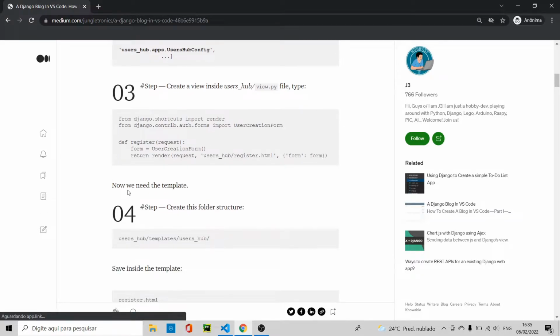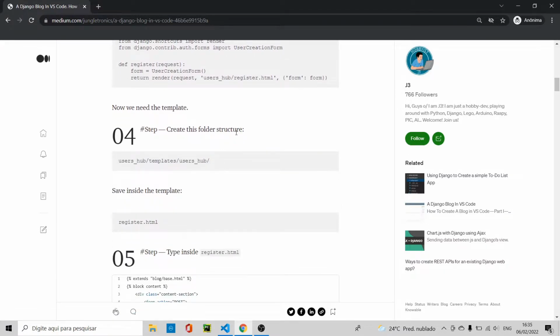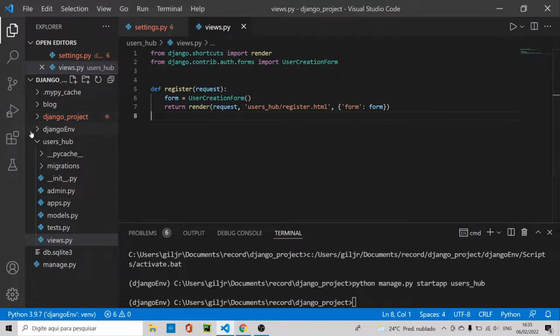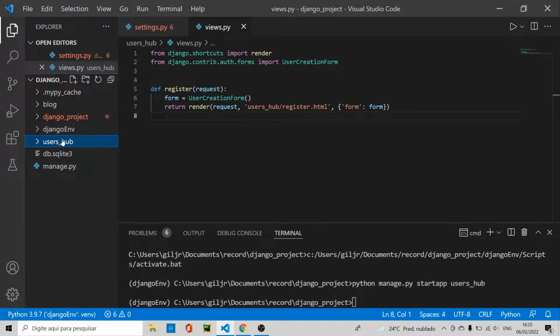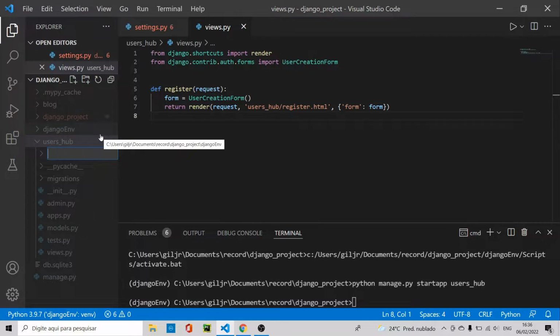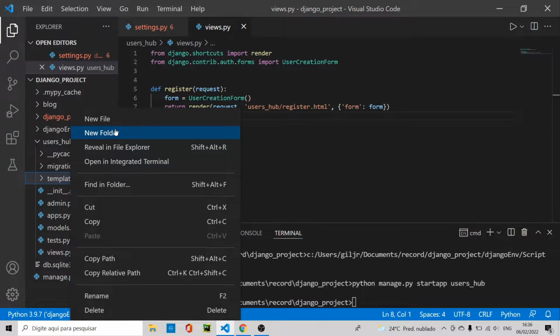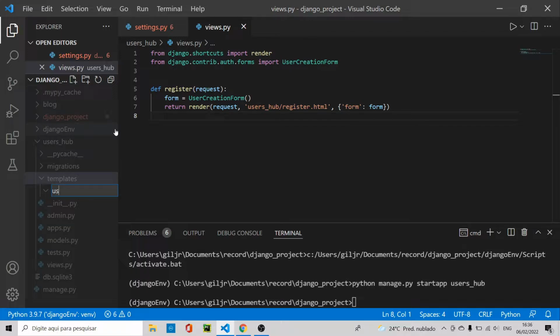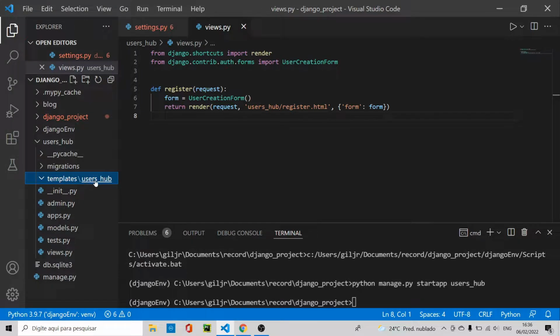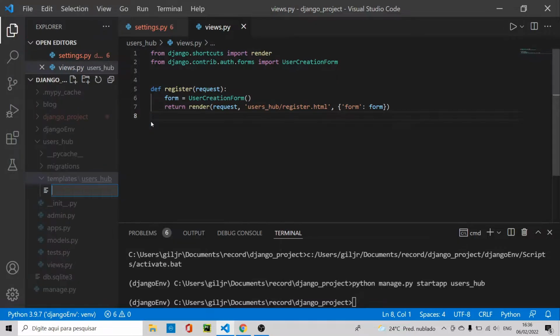Step 4, create this folder structure. Okay, let's go to users_hub, templates, users_hub. This is a Jungle convention. Let's create a new folder, templates, right here. Inside templates, another folder, and let's call it users_hub. Hit enter, and inside here let's create a file, and let's type